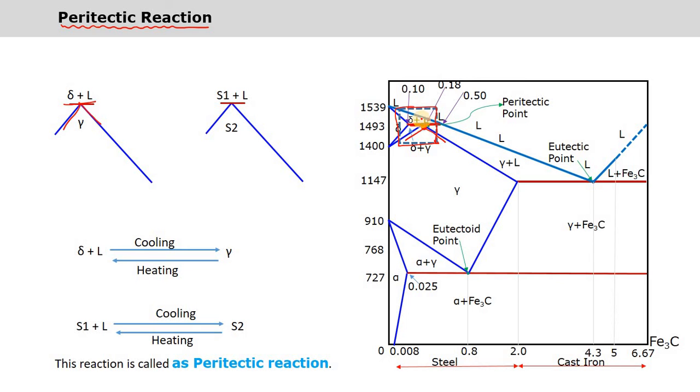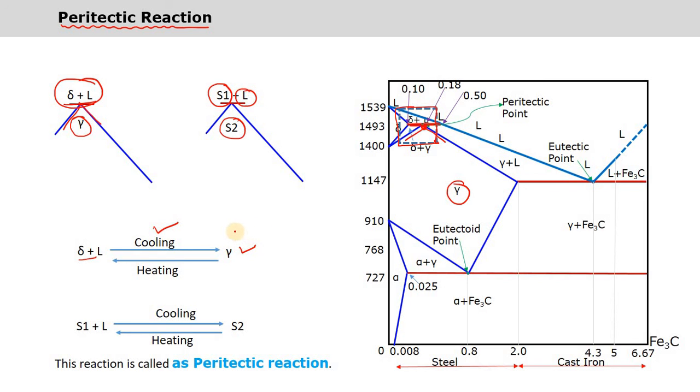Above this horizontal line, it is delta plus liquid. That's why I write here delta plus liquid. And in the inverted V, we know that it is gamma, so write gamma here. Now for this reaction, delta is solid 1, plus liquid remains liquid, whereas gamma can be called solid 2. All this transformation of solid 1 plus liquid to solid 2 takes place during cooling, and that's why I am writing delta plus liquid is transformed during cooling to gamma.